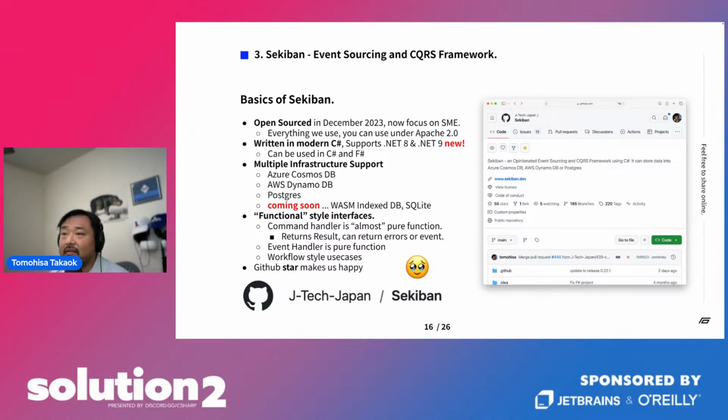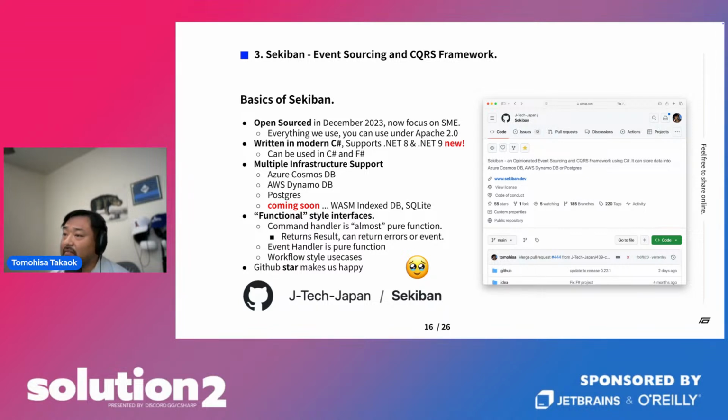You have multiple infrastructure supports: Cosmos DB, DynamoDB, Postgres. The good thing is we can do local development with Postgres and release to the cloud with Cosmos DB, things like that.